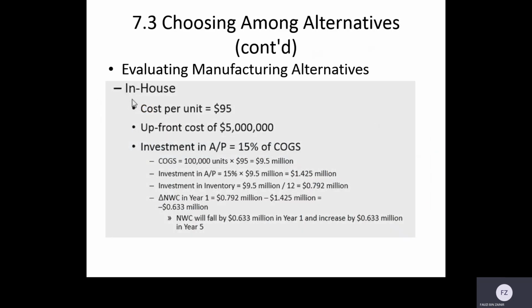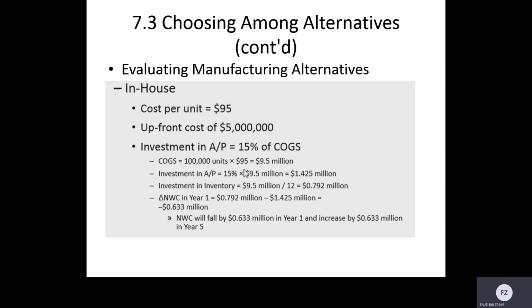For alternative 2, which Linksys thought of manufacturing in-house, the cost per unit is lesser, which is $95 instead of $110. There will be upfront costs in setting up the assembly line, which is $5 million. And also there's an investment in accounts payable, which is 15% of the cost of goods sold. So in other words, in this Excel spreadsheet, it will show the cost of goods sold is 100,000 times